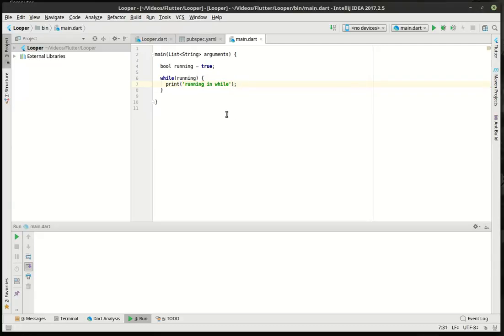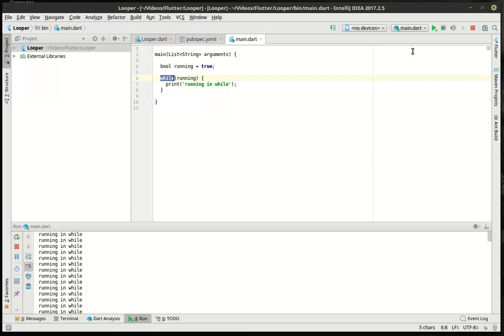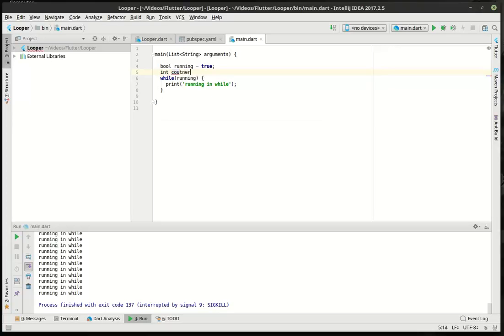Now, if you're new to programming, one thing you should be aware of is that a loop needs a break, if you will, or it needs to be able to stop execution of that loop. Or what happens is something like this, where it just goes boom and it just runs forever. You can see down here it just runs and runs and runs. And to kind of illustrate that,